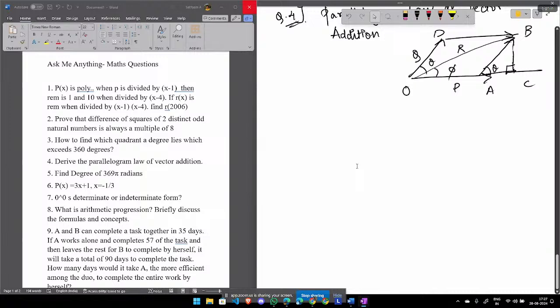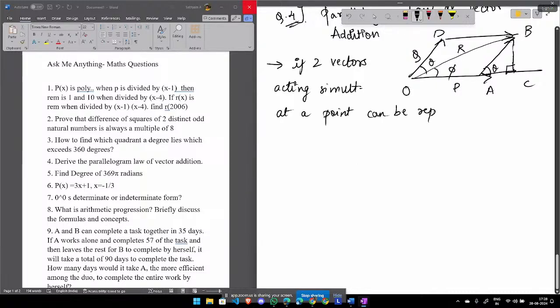Okay, chalo, let's begin. So, does everyone remember the parallelogram law of vector addition? Or you want me to write it down? It's better if I do. Okay. So it states that if two vectors acting simultaneously at a point can be represented both in magnitude